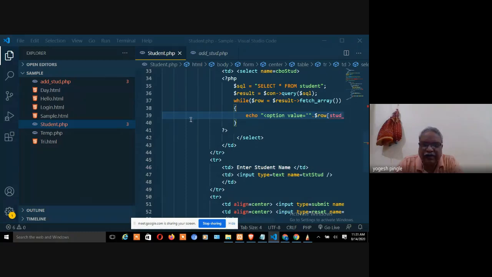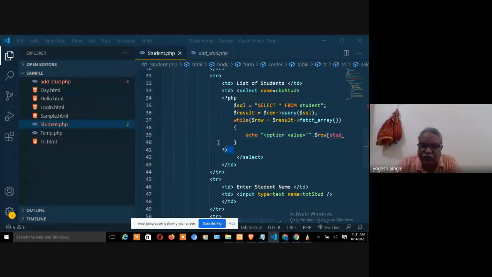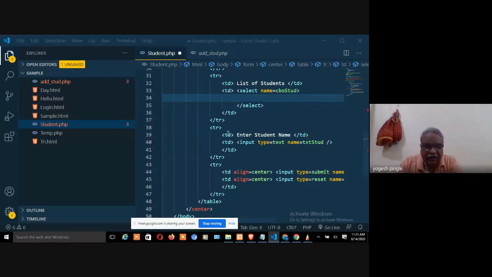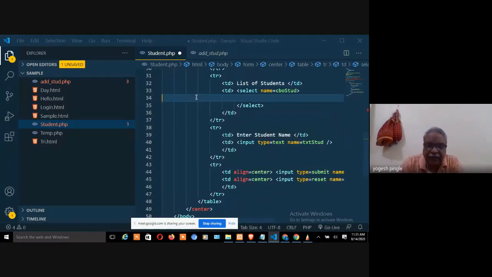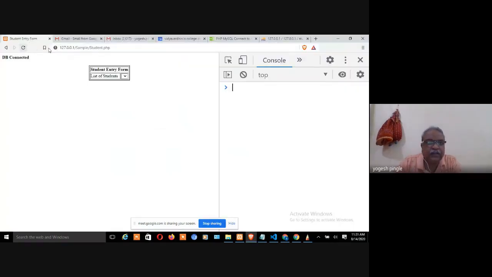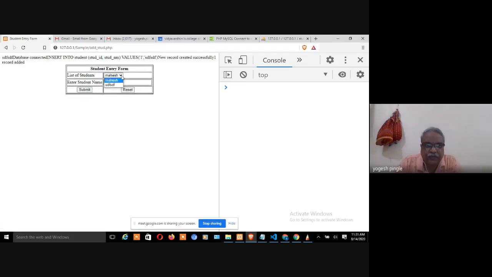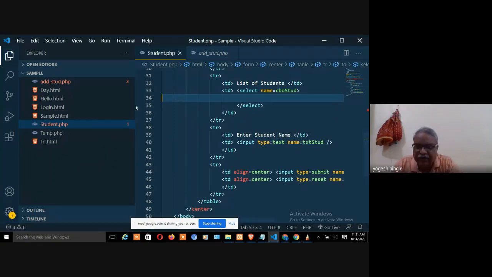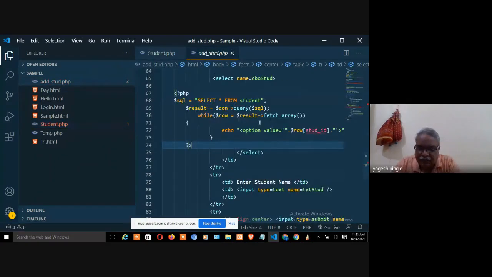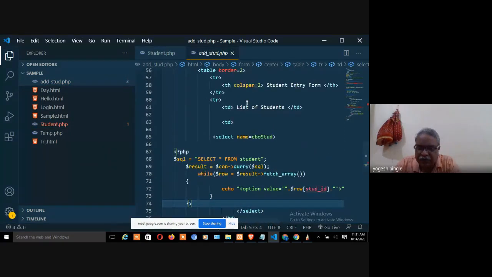Go to the code and just see, because I am getting the correct thing over here. Again, I will do it. If I enter some values, I am getting this fine. The same code I have put over here.